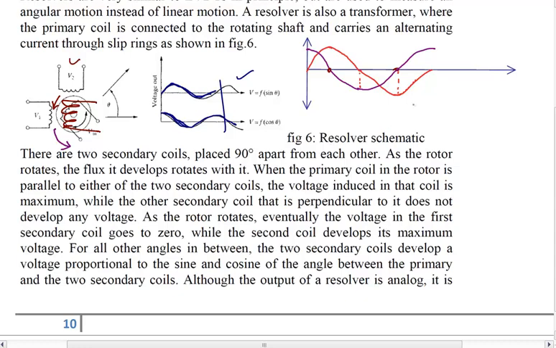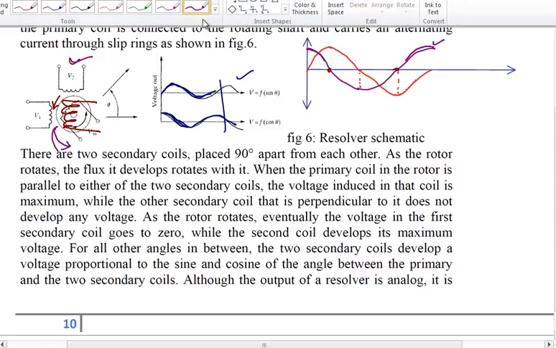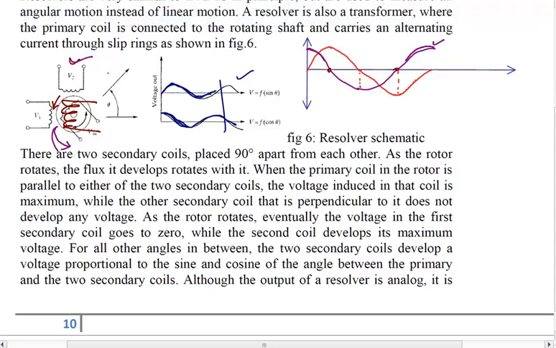So again I will say that this is going to be the same waveform, the one that I have drawn here. Okay, so it is going to be high and then it is going to be low. But what is happening to the V2 one? Since this is going in the opposite direction, V2 is starting at 0 and then it is going towards negative. So the voltage for the V2 will go down from 0, and then it will come up. It will become a maximum here, and so when it is going in the opposite direction,